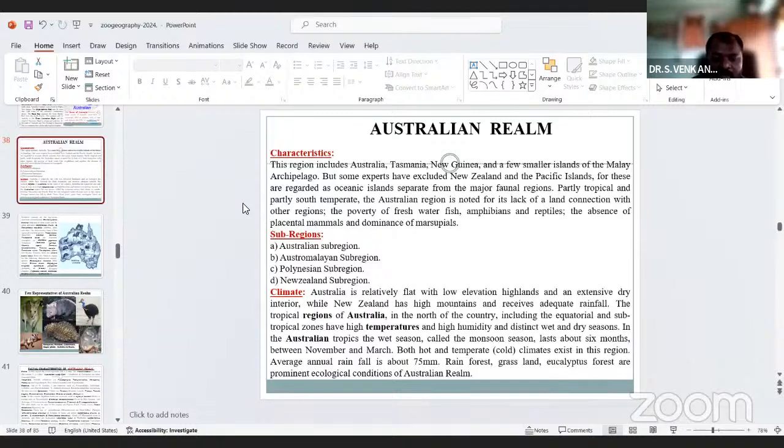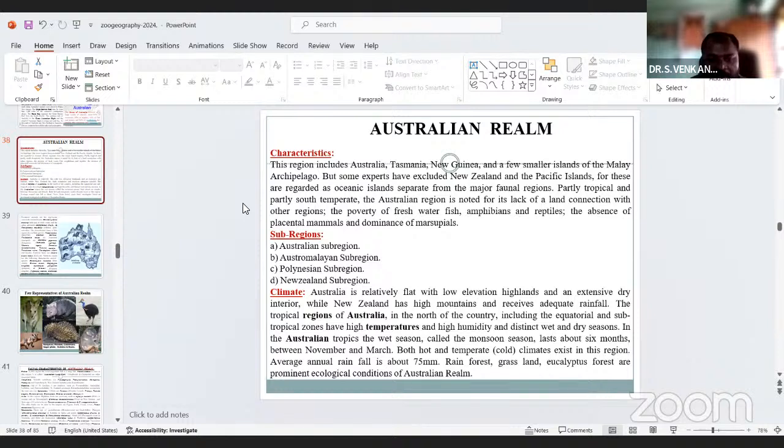The tropical regions of Australia in the north of the country, including the equatorial and subtropical zones, have high temperatures, high humidity, and distinctive wet and dry seasons. In the Australian tropics, the wet season is called the monsoon season. It lasts about 6 months, between November and March, and hot and temperate cold climates extend in the region.